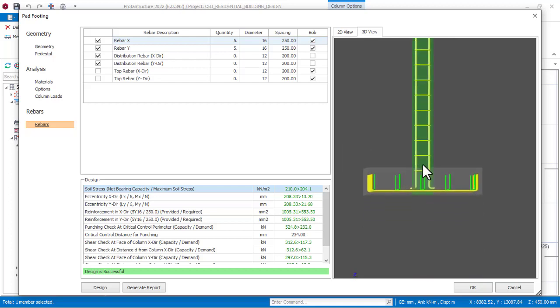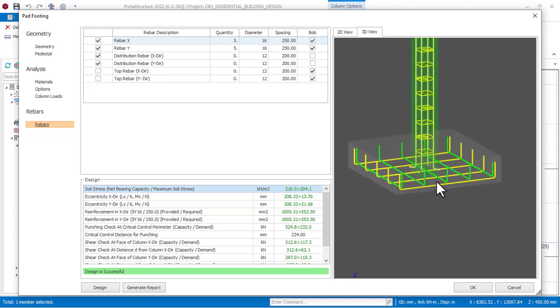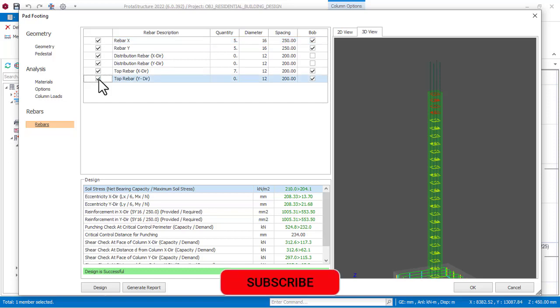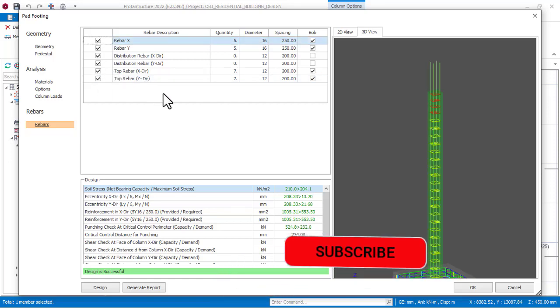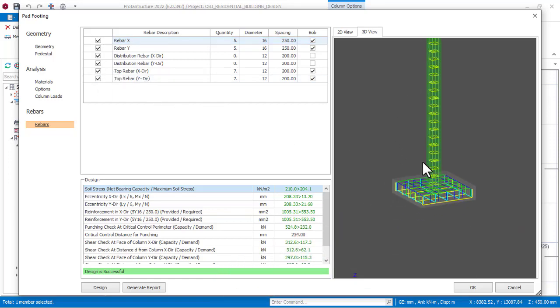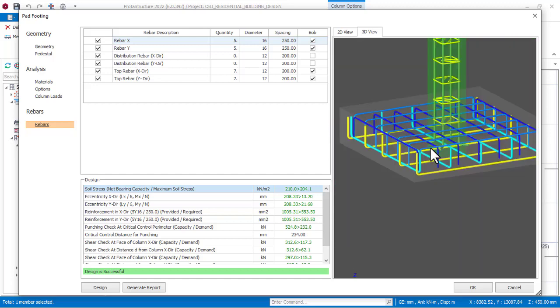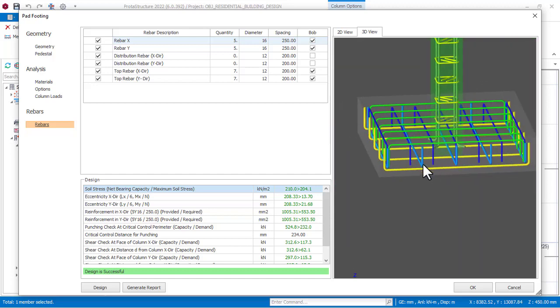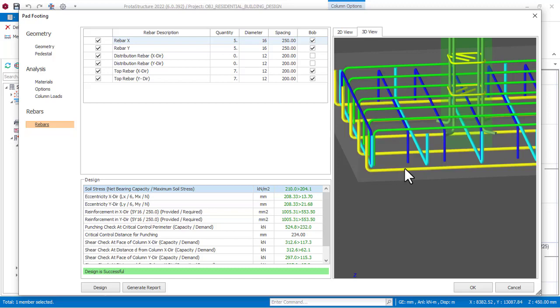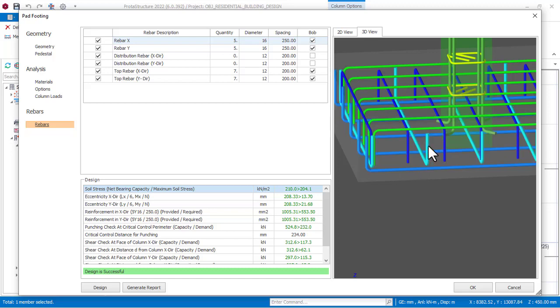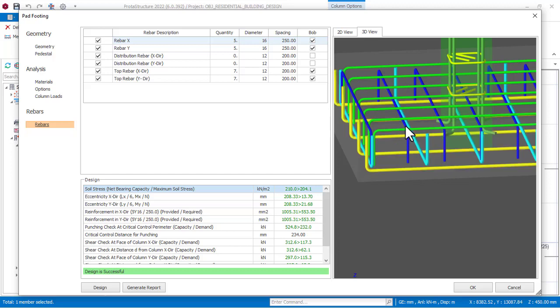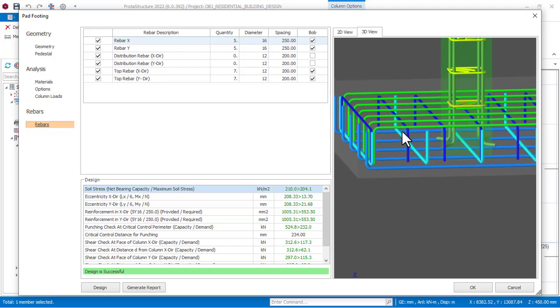Okay, so basically now I cannot see that. If you go and check for these two, which are checked by default, the top bars are checked by default. This is what you're going to have. You have your reinforcement like this, the yellow one and that sign here is called the bottom bar in both directions, and the green and the blue here is called the top bar, which